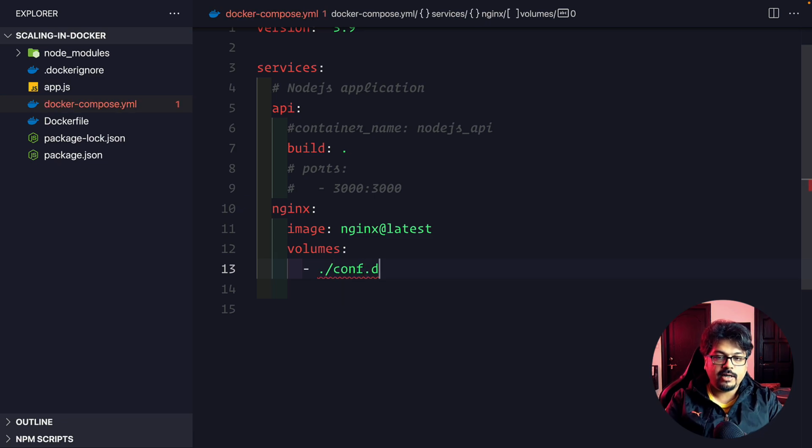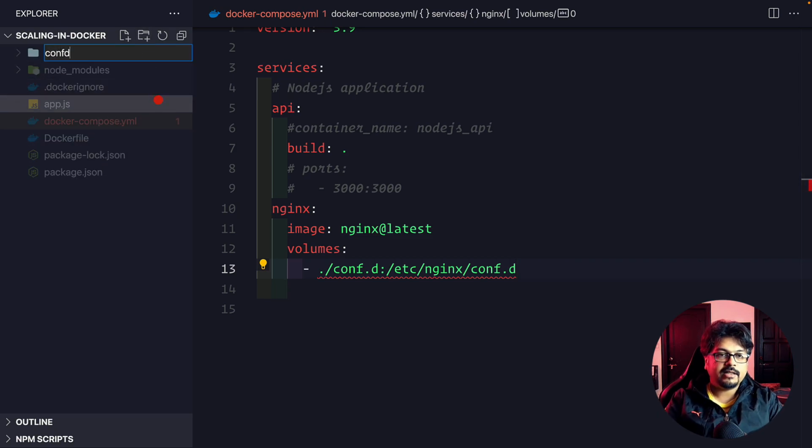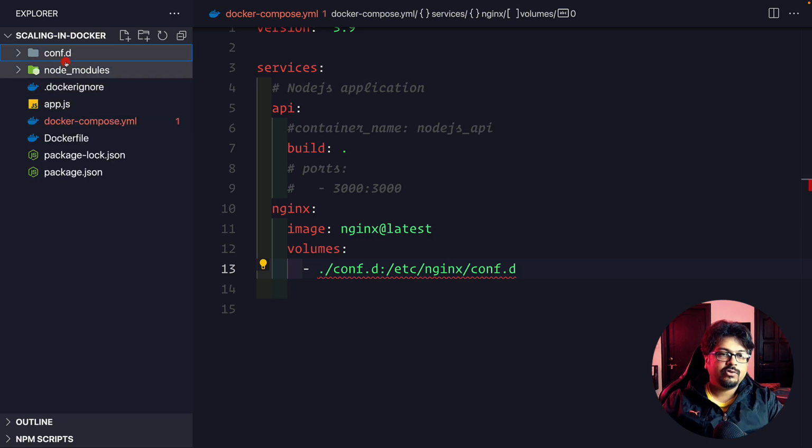So conf.d, and this should be mapped to /etc/nginx/conf.d, because all the files that are present inside the folder that is called conf.d. So let me create that folder first here, that is conf.d like this. So each and every Nginx configuration file that is present inside this folder would be mapped to this path, that